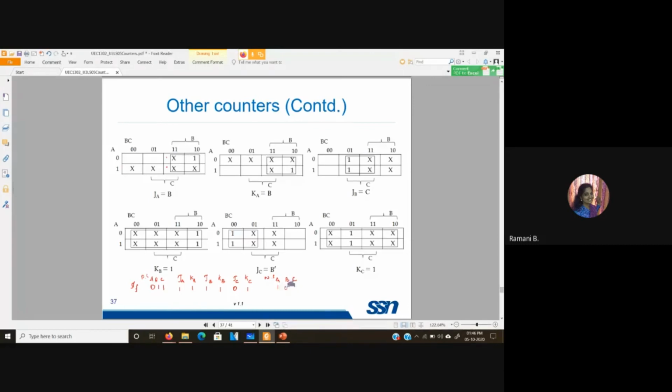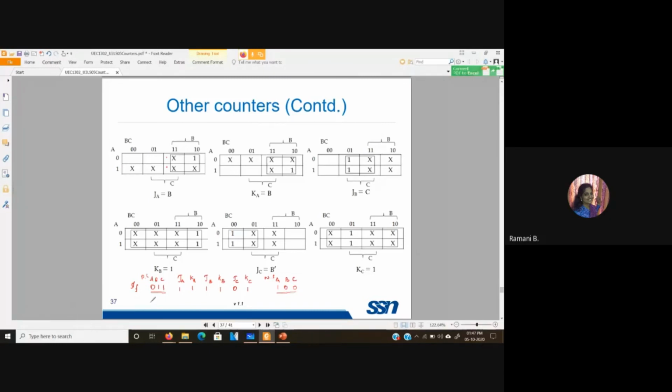And JC, KC values, I have J is equal to 0 and K is equal to 1, which is reset condition. So irrespective of what value I have in C, this is my next state value. So if suppose the counter gets into the unused state 0 1 1, it is automatically moving to the used state condition 1 0 0.